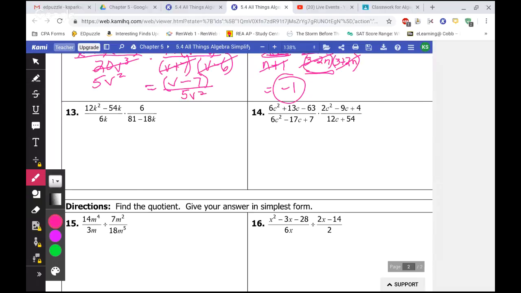I thought I was just going to whip through the odds, but 14 looks like a better one to tackle, mostly because of the delightful factoring that you have going on. This is going to be a fun slide and divide. I'm just sitting here trying to think. Okay, so